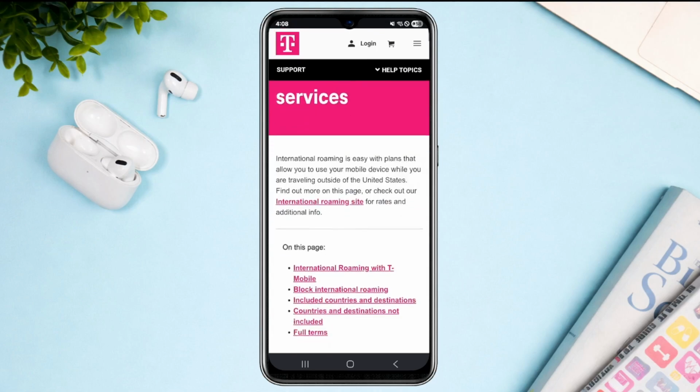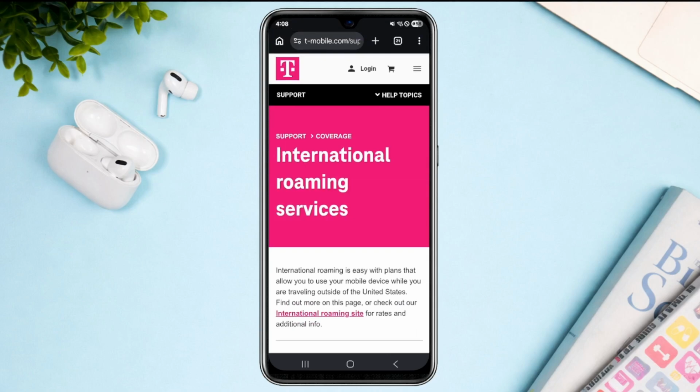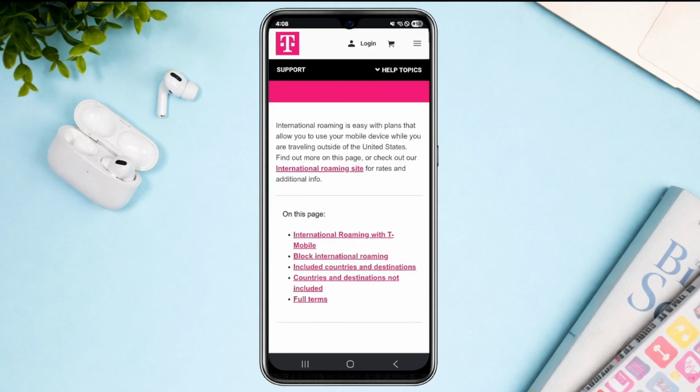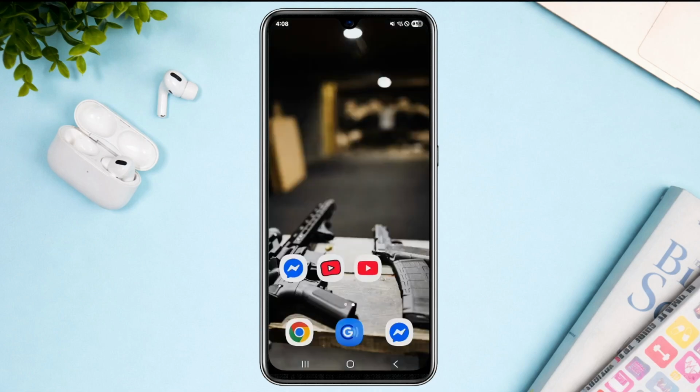is compatible or has this kind of feature so that your subscription or the service that you will be paying for will not go to waste. So after the purchase of this international roaming service, you can go ahead and tweak the settings